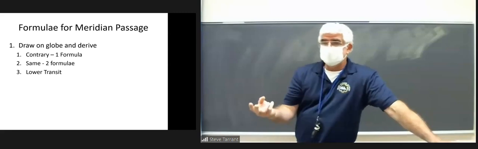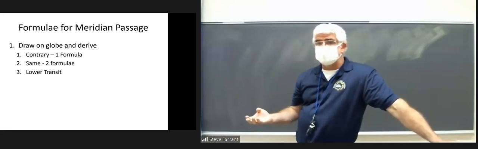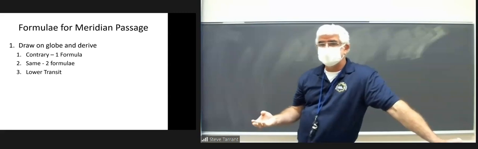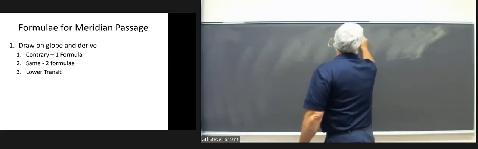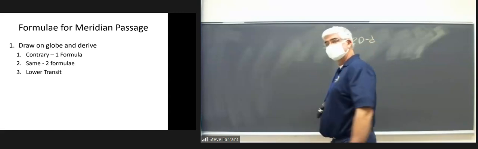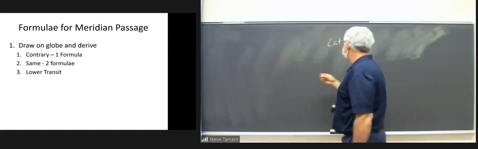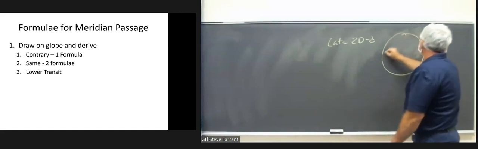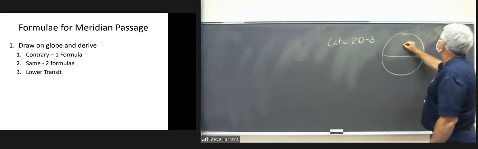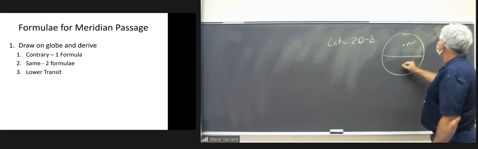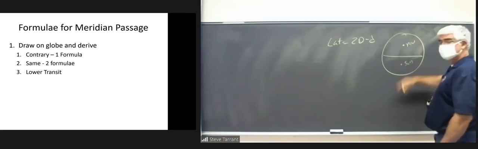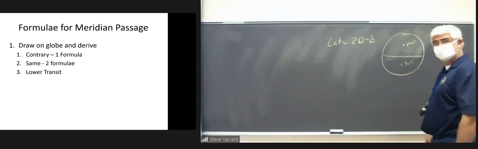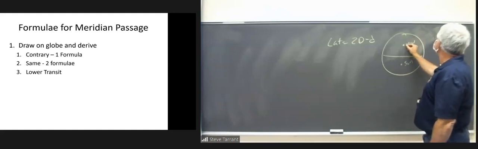Have you guys been deriving those formulas? Did you have them memorized? Remember this, like latitude equals ZD minus dec. You remember that? All right, so you can figure that out. I'm not going to spend a lot of time on this, but let's say you're in the northern hemisphere and the body is in the south. Let's say sun. You're contrary. And the formula here is going to be